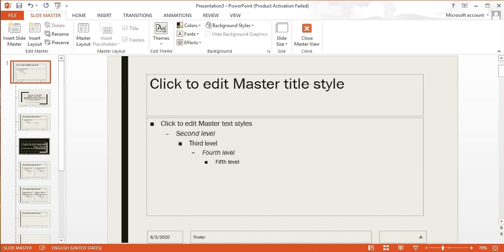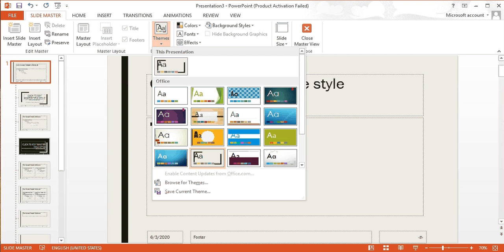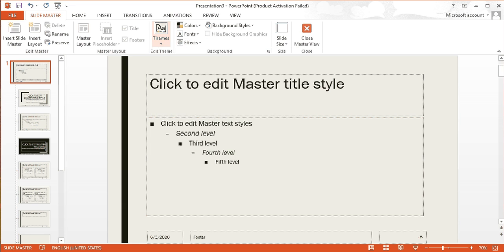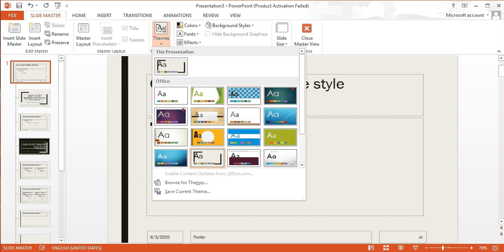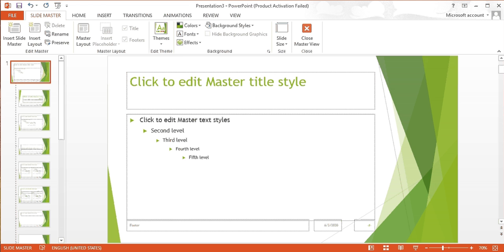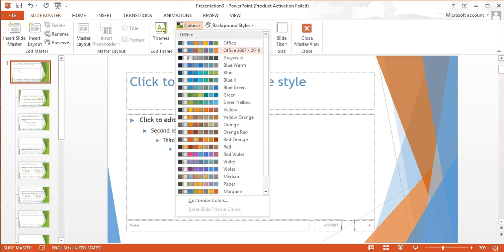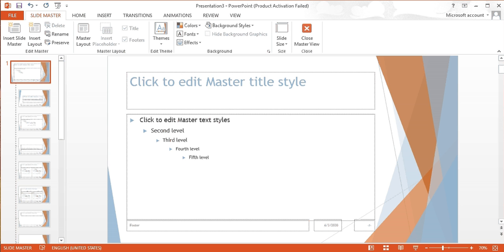You have to go through this background theme, edit theme, and now I have selected this one. From the background option you can also change the color of your slide, or you can customize the theme colors. It's up to you, whether you want to give it or not.